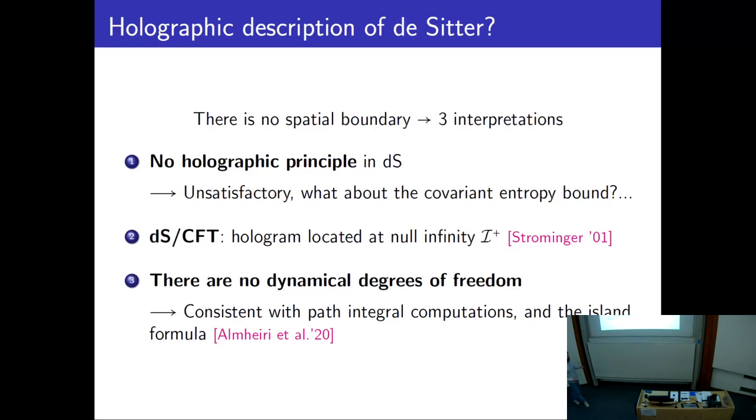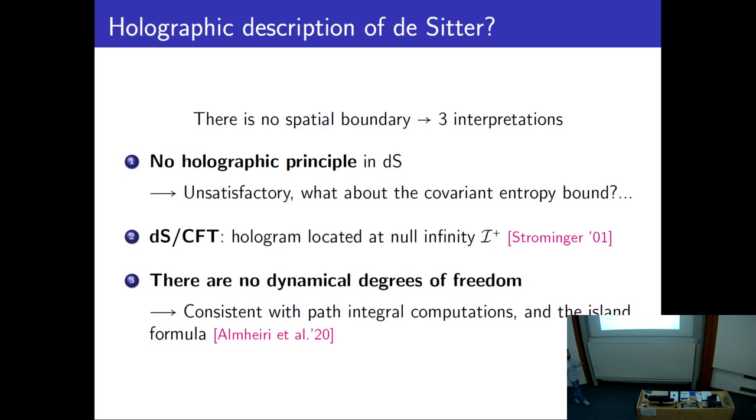A second possibility, which has been discussed a lot today, is the dS/CFT correspondence. The idea here is to give up on the idea that holographic degrees of freedom should be located on a time-like boundary, and instead locate them on the only boundary we have, which is located at null infinity, and it's space-like. It's a very interesting possibility, but I won't discuss it today. Instead, I would like to focus on the third one, which I consider the simplest: to stick with the idea that holographic degrees of freedom are located on a time-like boundary in holography, but there is no such boundary in de Sitter space.